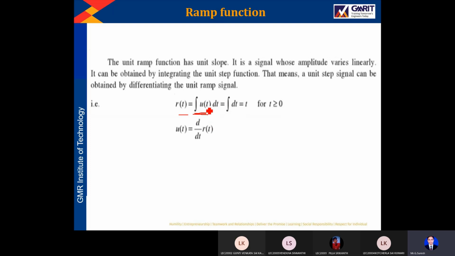Obviously the time limits start from 0 to infinity. Even if you write it as minus infinity to plus infinity, u of t doesn't exist from minus infinity to 0, so that integral value becomes 0. So we are taking only from 0 to plus infinity. Then its value is 1. So integral 1 dt. What is integral